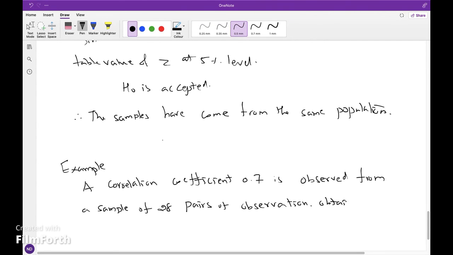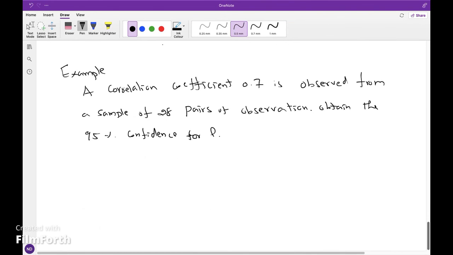Obtain the 95% confidence interval for the population correlation coefficient. So, at the 95% level of confidence,